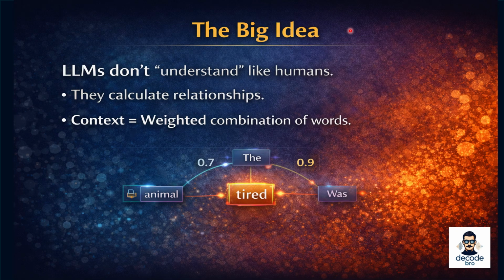The big idea. So what is really happening under the hood? The model is not thinking, it is not conscious, it is not reasoning like we do. It is calculating relationships. Self-attention decides which words matter more. Positional encoding ensures order is preserved. Stacked layers refine and recombine meaning. And what emerges feels intelligent. But underneath it all, it's mathematics operating on vectors and matrices. And that mathematical structure is the foundation of every modern LLM.